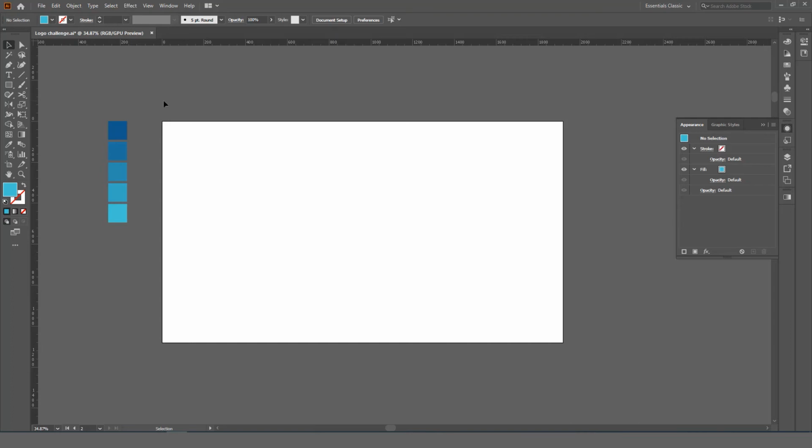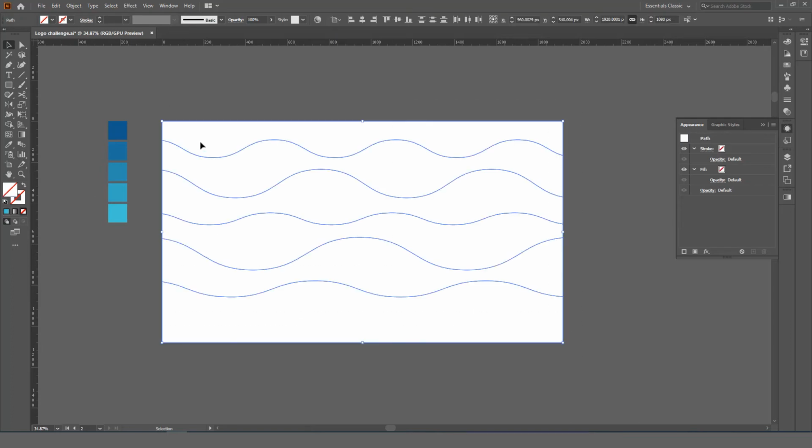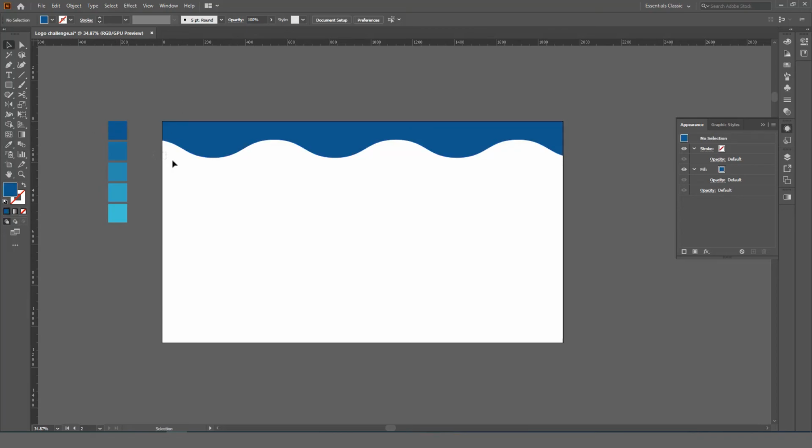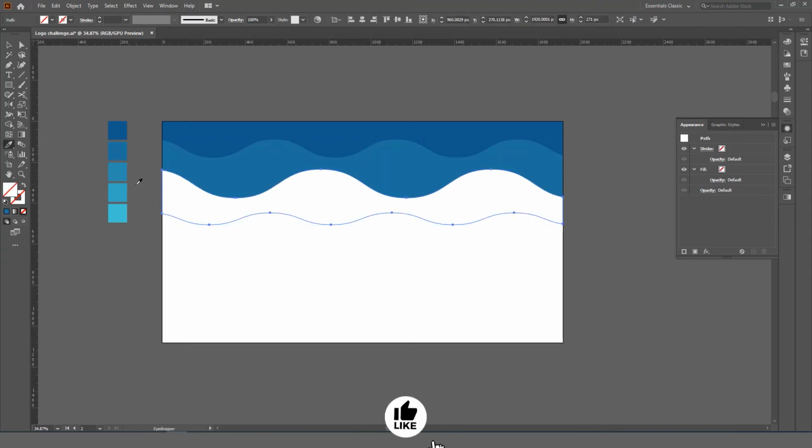Okay, so select all, select the first shape, click on the eyedropper tool and select this color. Now the second eyedropper color, and in this way we are going to select